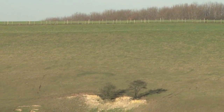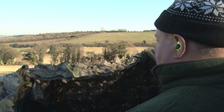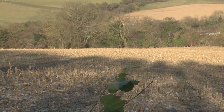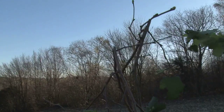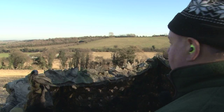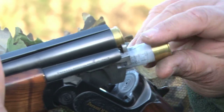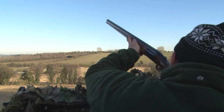challenging sport around. When you're shooting pigeons like this is where your technique has to be absolutely sound, because you'll get a good pigeon come in fairly close to you, come upwind, or swing round over the top at 15-20 yards, and then the next pigeon you shoot at will be 75 yards. So your technique has to be sound, and you have to be confident to be able to judge your distance and judge your lines. It's not about a big bag today, it's about having some fantastic shooting, and we should